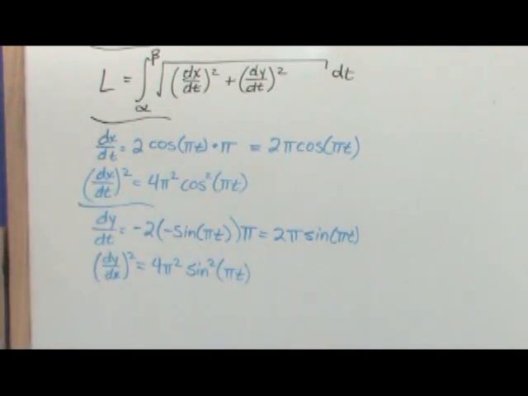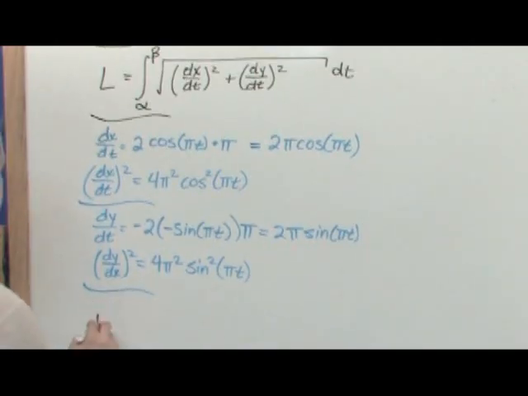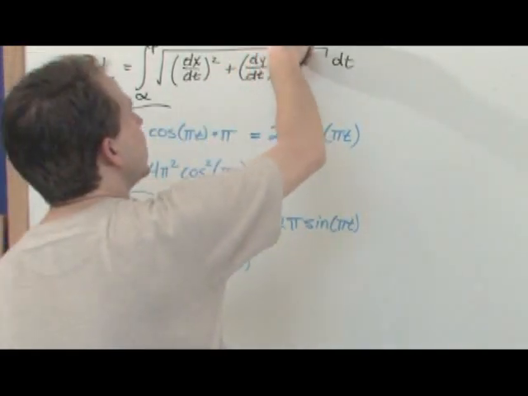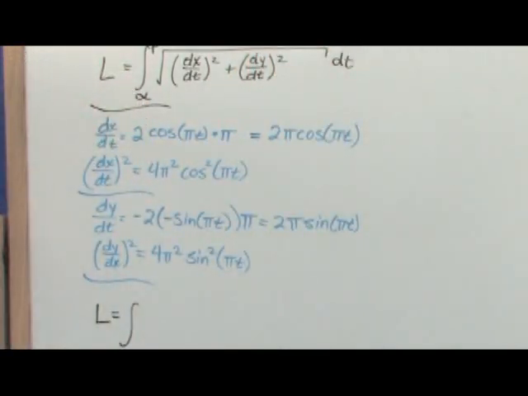Okay, so now we found the derivative of x, the derivative of y, and we found the square of both of those terms. So let's go ahead and put it into the arc length formula and see what we have. Arc length is going to equal the integral from alpha to beta. Alpha is 0 and b is 1. So 0 to 1 of the square root